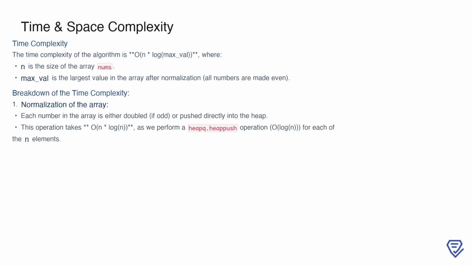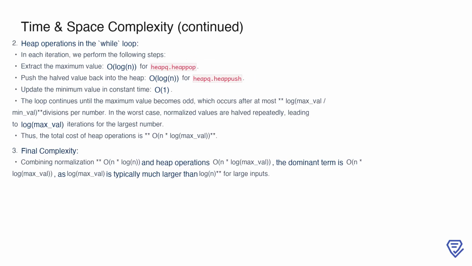For each of the n elements, the heap insertion operation takes O(log n), leading to a total cost of O(n * log n) for this step. This lays the foundation for efficient heap operations in the next phase of the algorithm. The main computational cost arises from heap operations performed during the iterative process. In each iteration, we extract the maximum value from the heap, which requires O(log n) for the heap pop